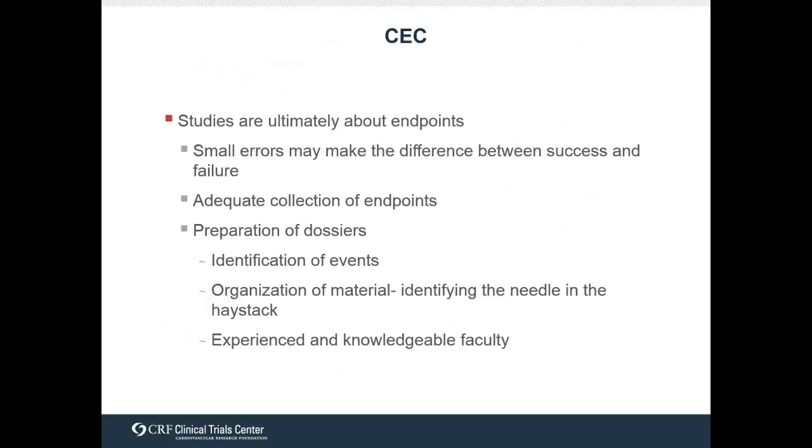So we want to make sure that there's adequate collection of endpoints, that we haven't missed endpoints, that we really canvassed both the site records as well as patients with specific questionnaires. For example, have you been hospitalized for any chest pain related issues over the past 6 months, and this could be at another hospital, is an important question because the patient may not actually remember whether they had an intervention or not, and then you need to obtain the source documents in order to see if an event has been